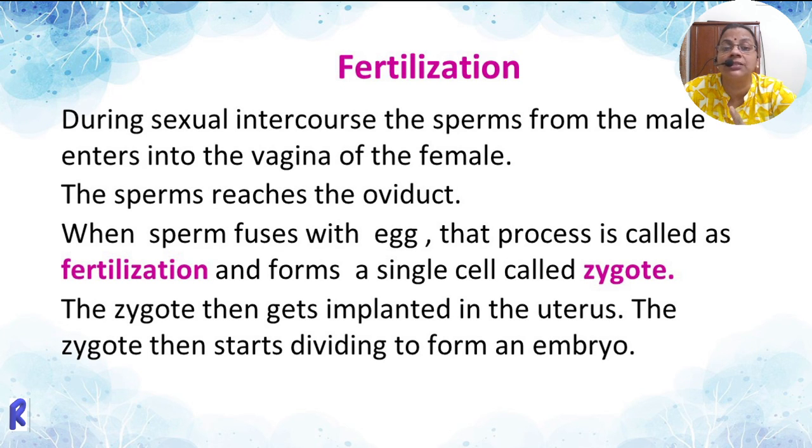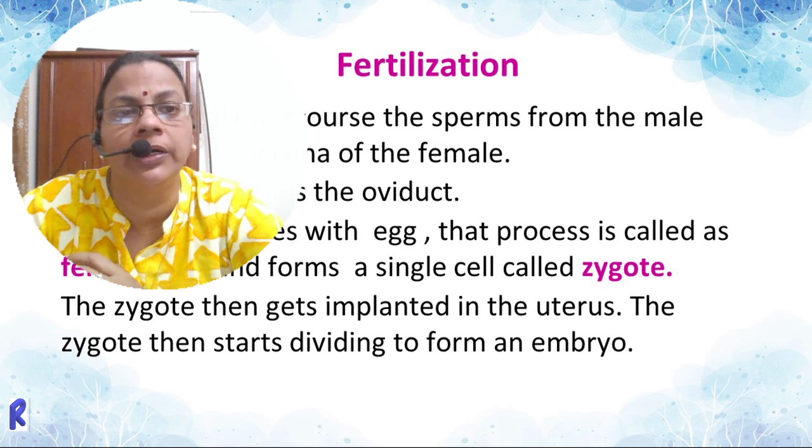The zygote then gets implanted slowly within the uterus. The zygote then starts dividing to form the baby, or we can say the embryo. And the development of the embryo takes place within the uterus till childbirth. That period of development of the baby inside the uterine cavity till childbirth is called gestation or pregnancy. So I am stopping this module here because we will continue the remaining topic in the next